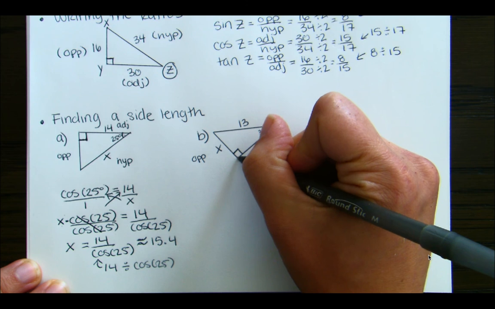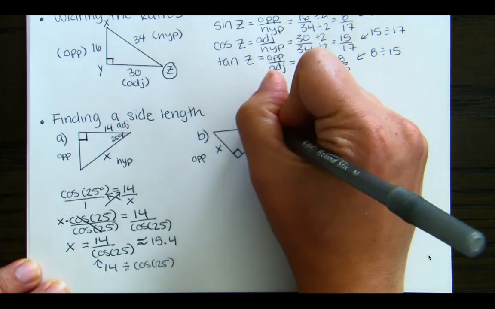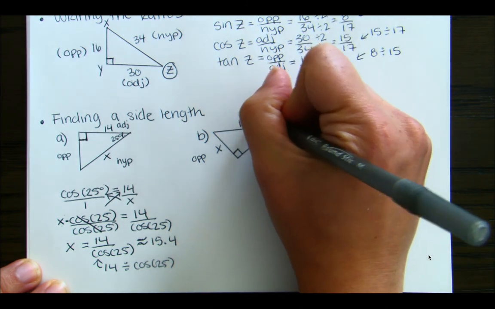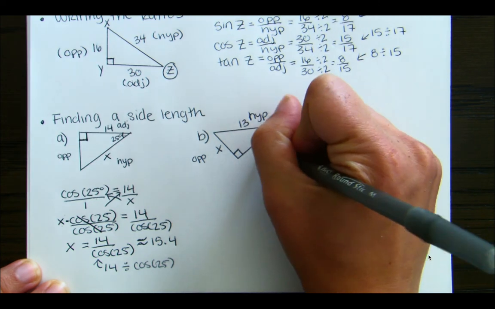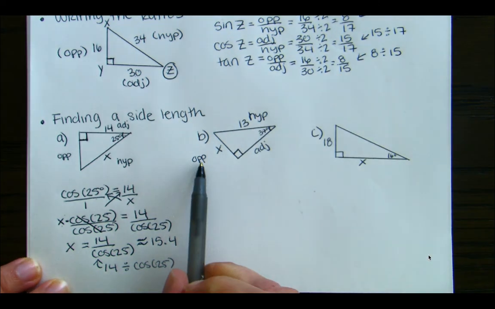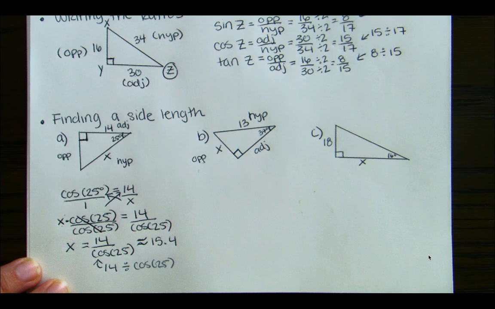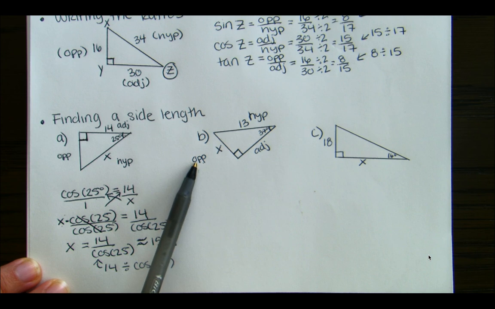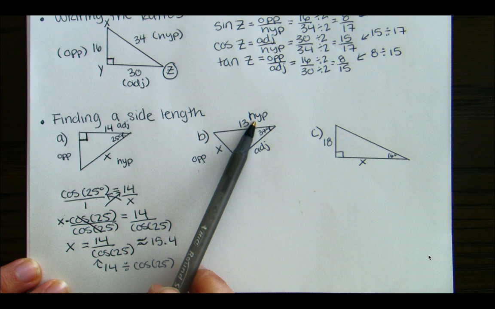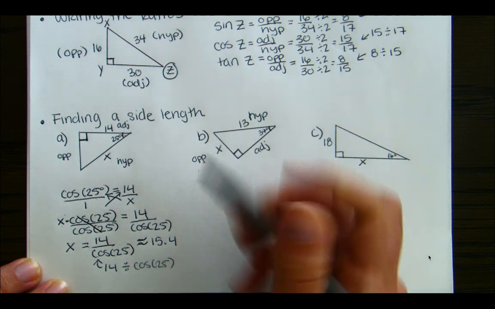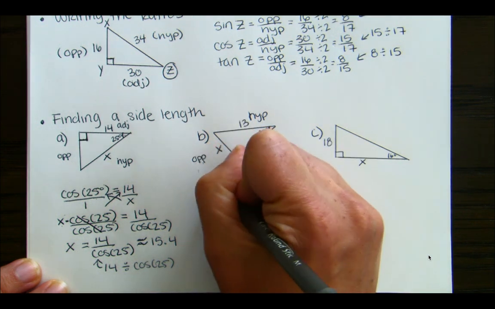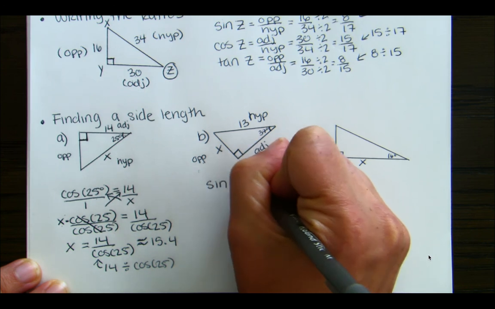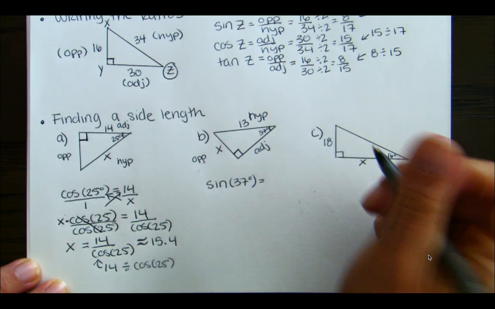From my 90 degrees, that means that this is my hypotenuse and that this is my adjacent. So the information I'm given is opposite and hypotenuse, and I need to determine which one has opposite and hypotenuse. The two options that have opposite are sine and tangent, and opposite and hypotenuse means that it is going to be sine. So I'm going to say this is sine of 37 degrees, which is equal to my